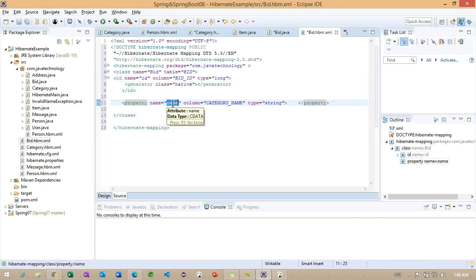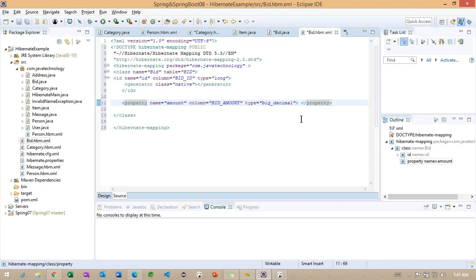Okay, property. What is the property? Amount. Amount, of type big decimal. Now we specified this property, but we have one more property here.